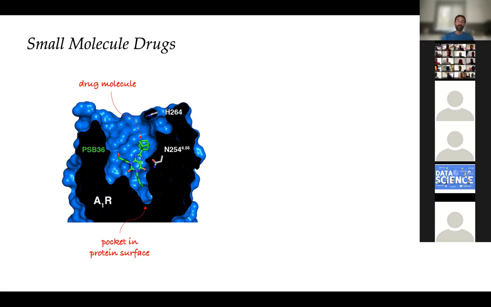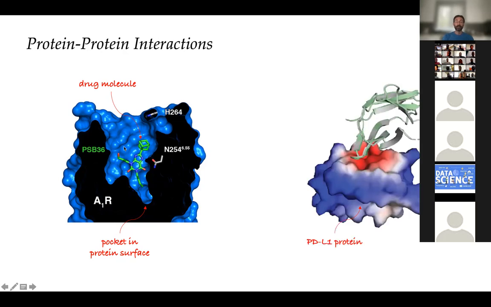So unfortunately, many interesting targets do not look like this, so they don't have these holes. And in particular, what is interesting more recently, the pharma industry is interested in what is called protein-to-protein interactions. When you have two proteins that bind together, that attach to each other chemically, and usually their interfaces, they don't have holes, they look flat. And by traditional standards of small molecules, these would be very unlikely to be druggable.